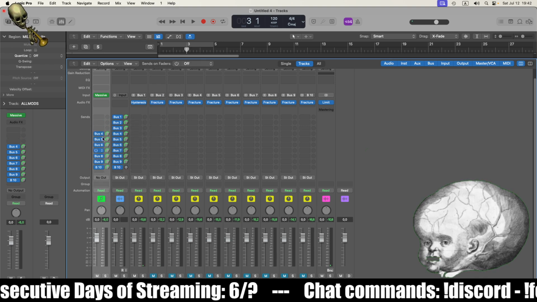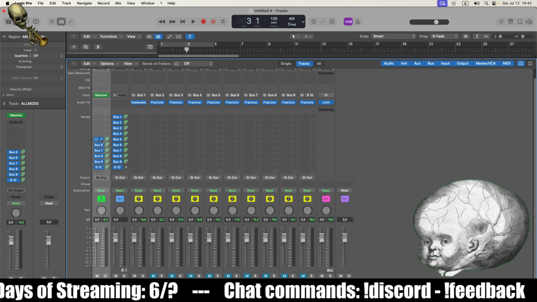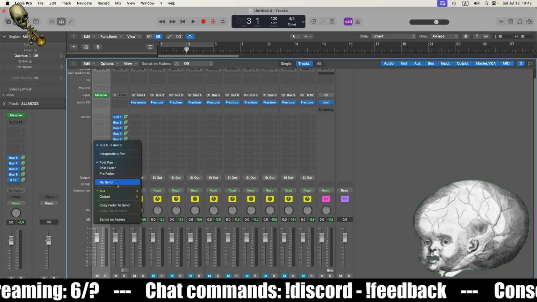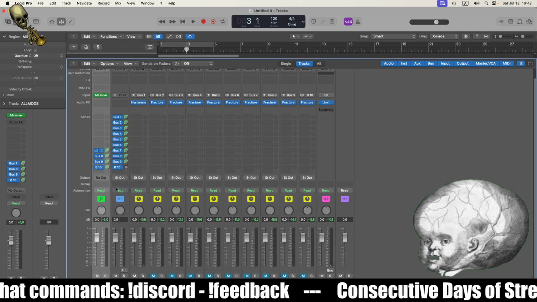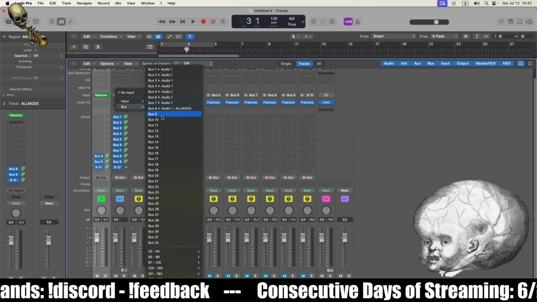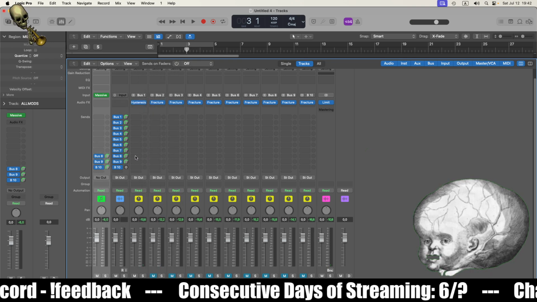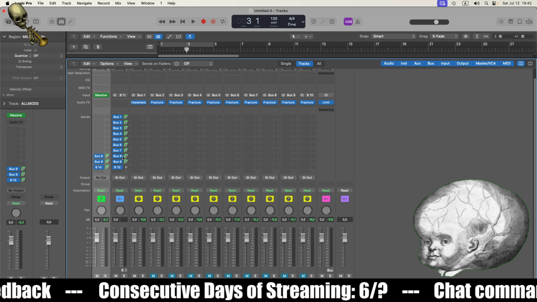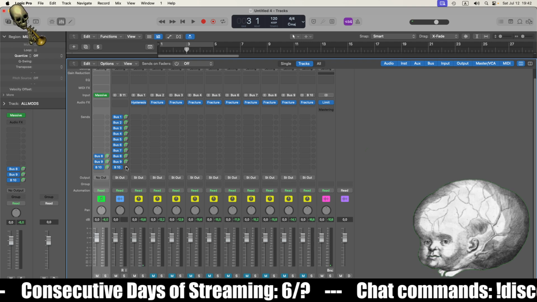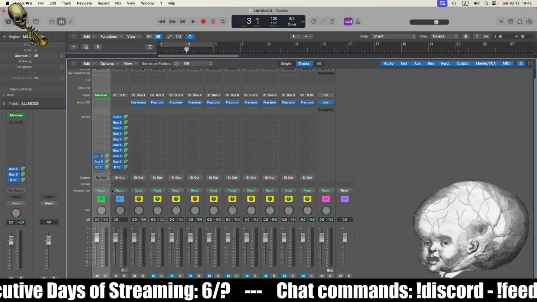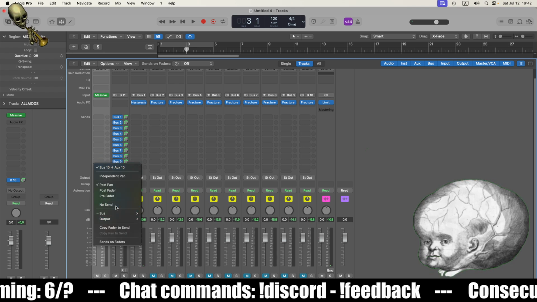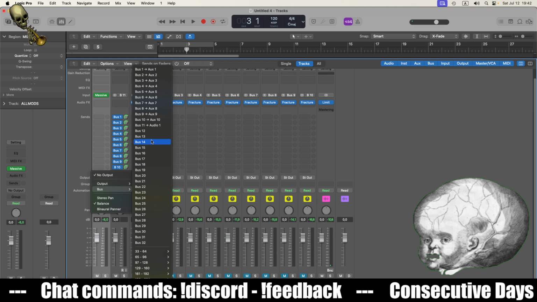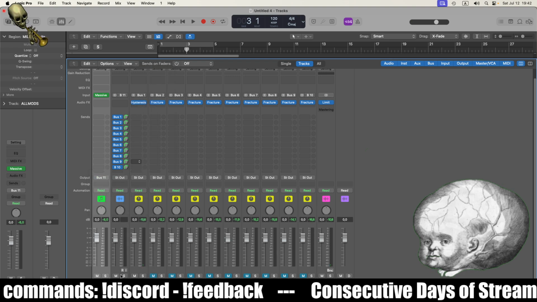And now we are a little bit more independent. No send, no send, and this is going to be bus 11. Stereo bus, please. No send, no send, no send, and you're going into bus 11. And